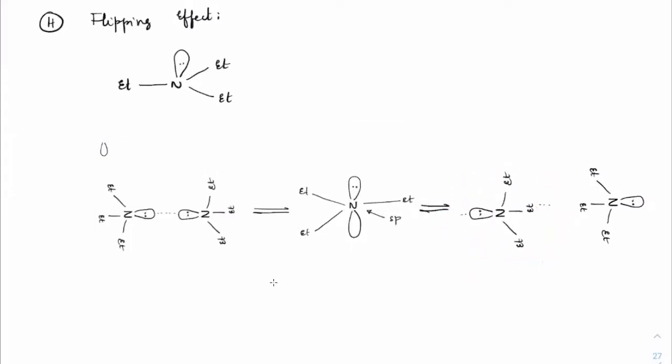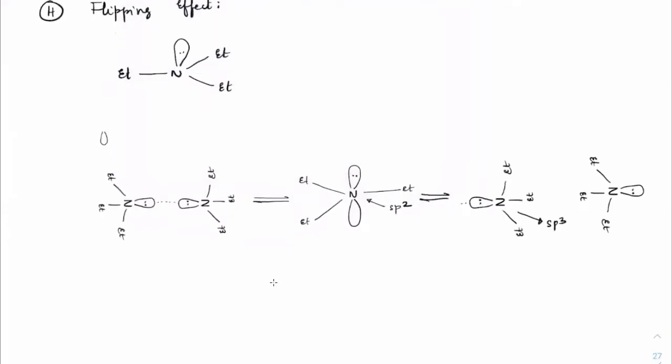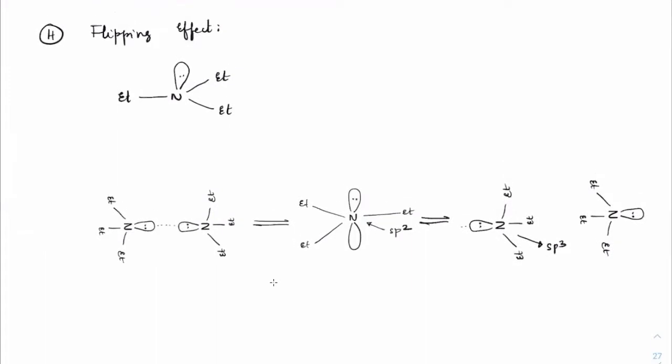So what is happening here? From this lobe it is converting into an sp2 character, and again they're getting back to this sp3 character. This is called umbrella inversion or flipping. Generally flipping is seen with nitrogen which does not have any restricted bond. Here these bonds are not restricted, so it can easily flip in this orbital above and below. So due to flipping, the availability of lone pair reduces.